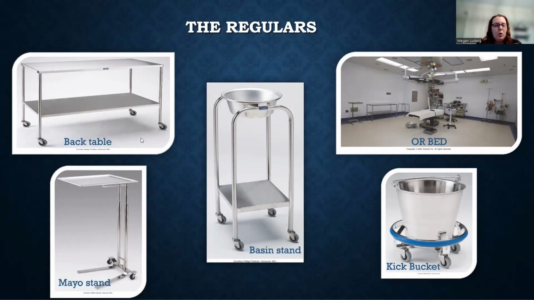But back tables are where we're going to put the things we need for our case. Really, that's our starting point. We'll drape this out with a sterile drape, a back table pack. And so everything that you need for that case that is sterile will go on this back table that is covered sterilely. Now, more often than not, you'll also have a Mayo stand, this thing here at the bottom left